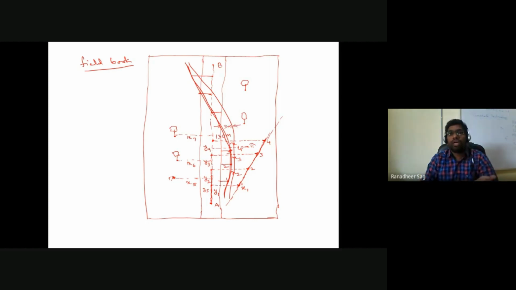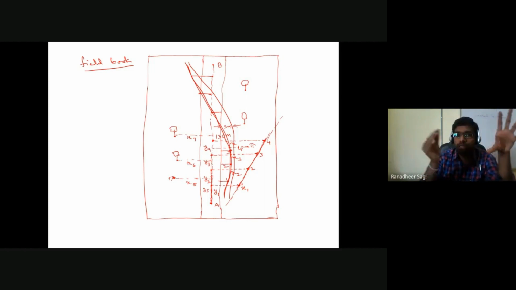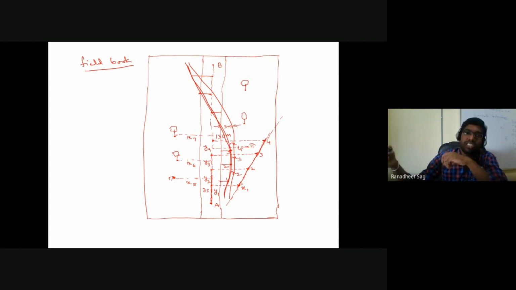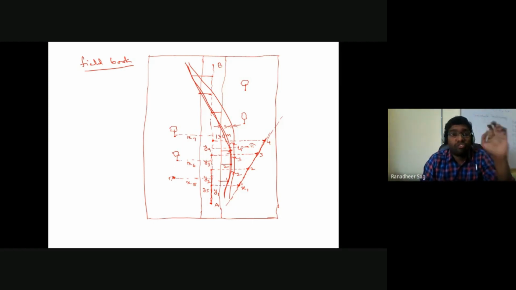So wherever it is, if the width of the road is the same, you can simply say the width of the road is 5 meters, and that's how you have transferred all the data you had in your field. You started representing that by measuring your measurements in the field. You started representing that particular data in what is called your field book. So once your data is marked in your field book, you carry it to your office or the place where you are going to prepare your map.